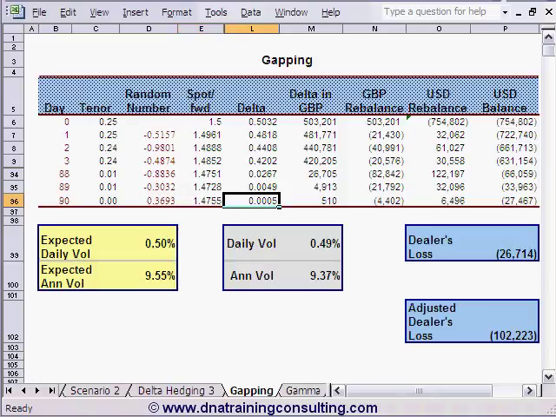As explained previously, the very low delta on that day means that the trader would have liquidated, sold, the bulk of his long sterling position by now, and in fact is left with only a long sterling position of 510 sterling, while being short, as you can see here in cell P96,